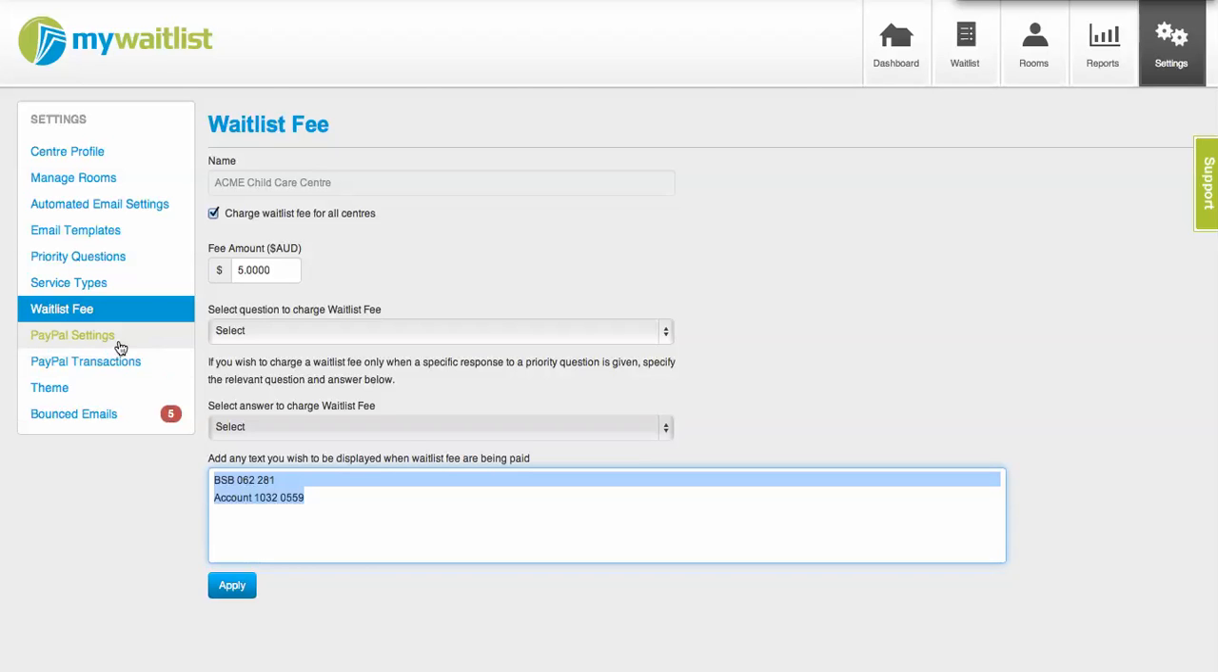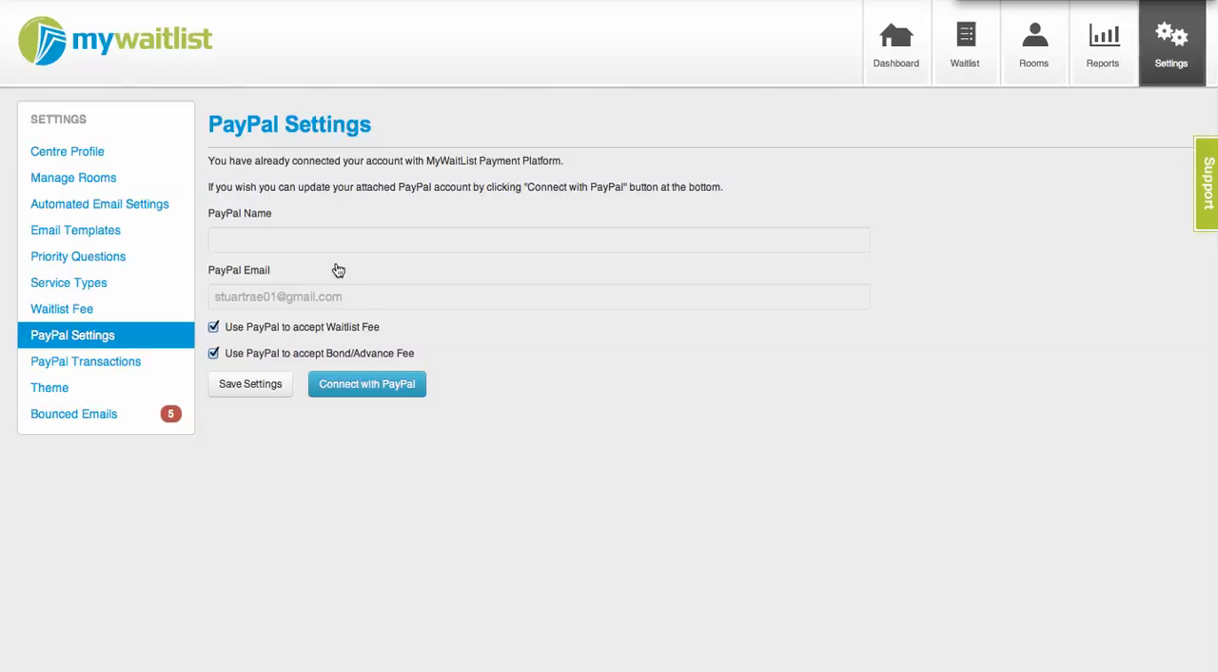Now, if you wish, you can collect payments automatically via PayPal, and you just need to come into the settings page, and if you've got a PayPal account set up, then all you need to do is click on this button, connect with PayPal, and that will take you to PayPal to enter your password and your email address, and then you are connected with PayPal via the system, and then the system will not accept waitlist requests until the payment has been collected through PayPal,